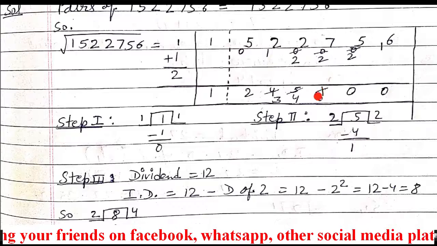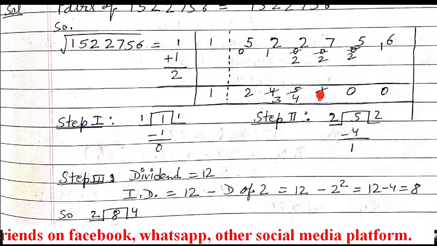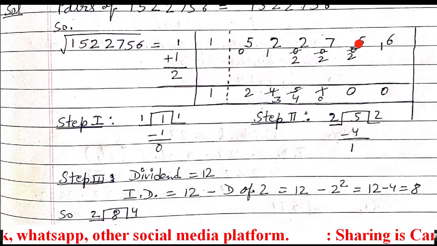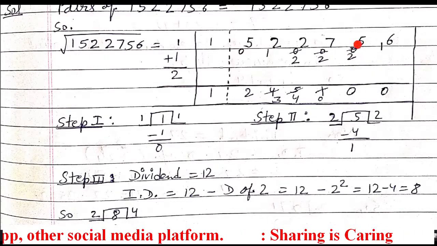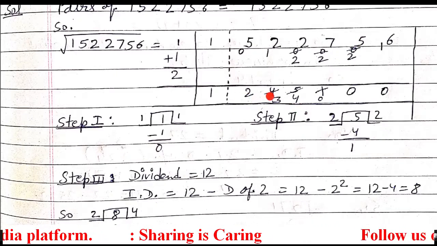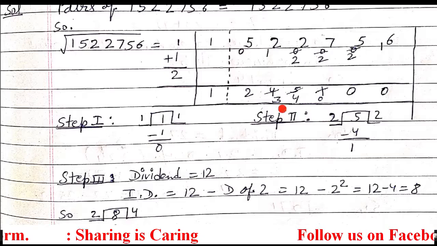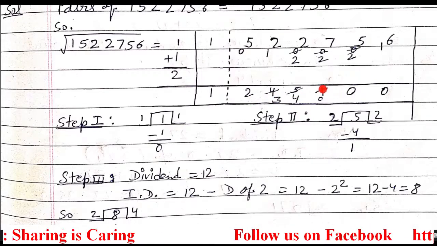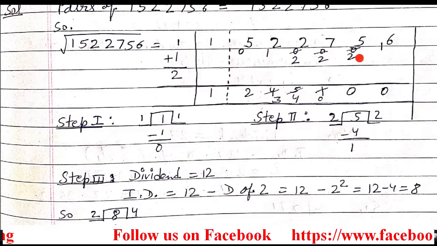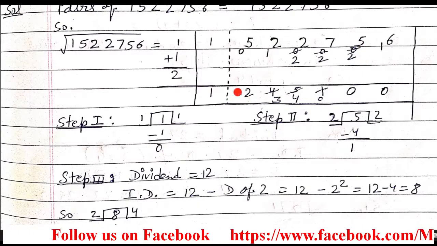So this 1 just cross, and instead of 1 what we took? 2 zeros are 0. That's why 0 and remainder we obtain 2. So it's 25. So 25 you have to improve. So 25 minus D of 2, 3, 4, 0. Before we had 2, 3, 4, 1, but 1 is reduced now to 0. So you have 2, 3, 4, 0. 25 minus D of 2, 3, 4, 0.